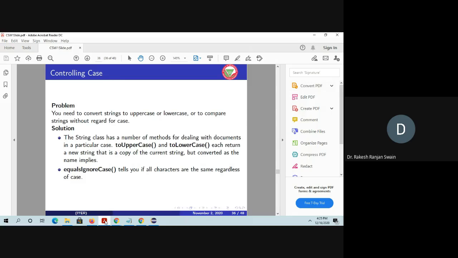The solution is that the string class has a number of methods for dealing with case. In particular, toUpperCase and toLowerCase each return a new string that is a copy of the current string, converted as the name implies. Similarly, equalsIgnoreCase tells you if all the characters are the same regardless of the case. See, I am giving an example here.